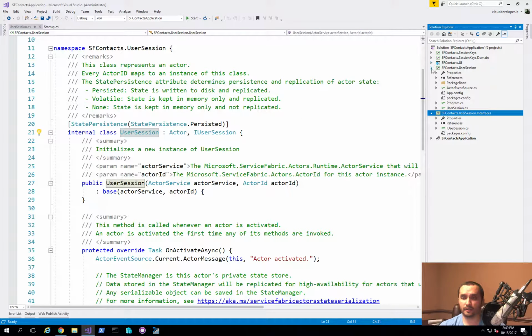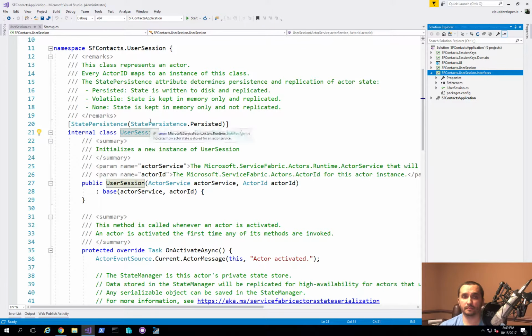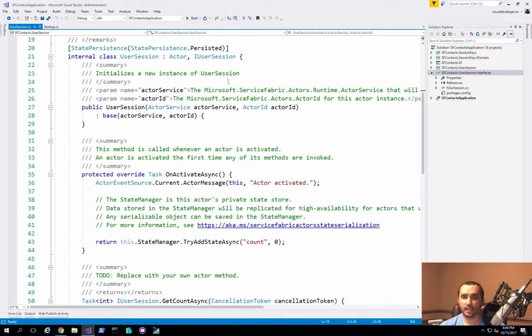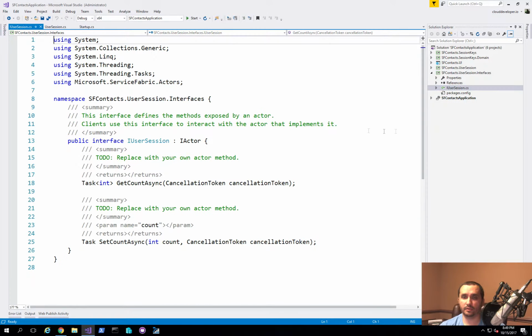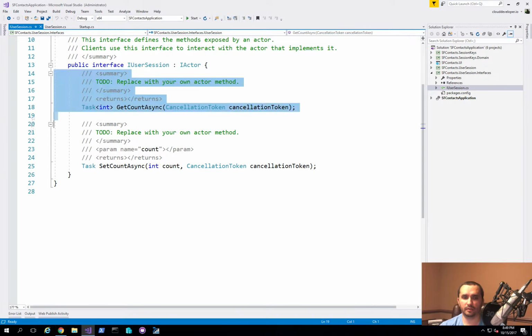The other thing you'll notice is that when you create the user session project itself, in this case a reliable actor service, it actually creates 2 projects. One is to contain your class, the other one is for the interfaces. So similar to what we've done in the session keys case, where we created the domain project, in this case it creates an interfaces project to contain your interface for this particular actor service. So once it's created, let's open this user session interface, and we can go ahead and delete this